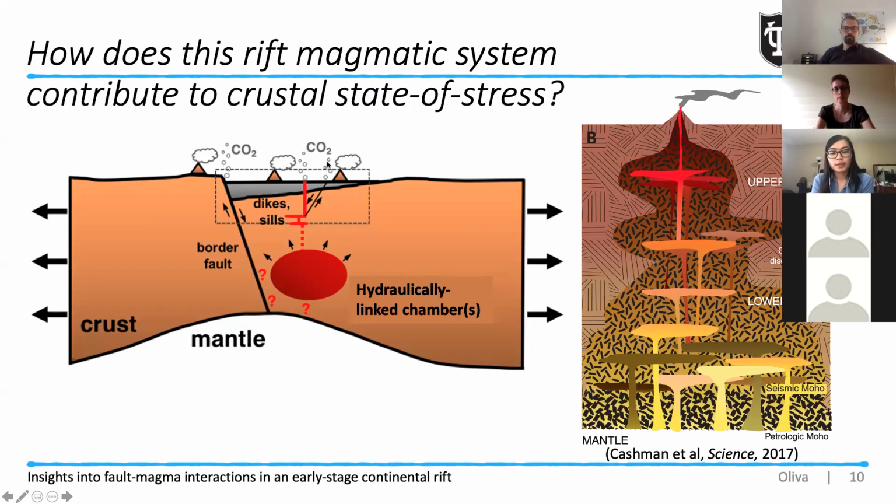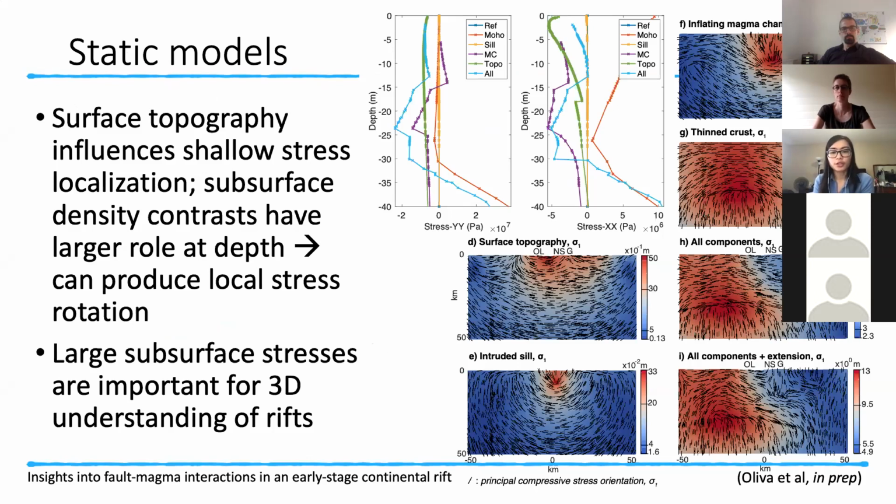So how does this magmatic system contribute to the crustal state of stress? And can it explain the local stress rotation that we observe? So I compiled data from tomography, refraction studies, gravity, to build and constrain the geometry of 2D and 3D finite element models to determine the relative contributions of different rift components to the stress or strain field. So here are 2D models,